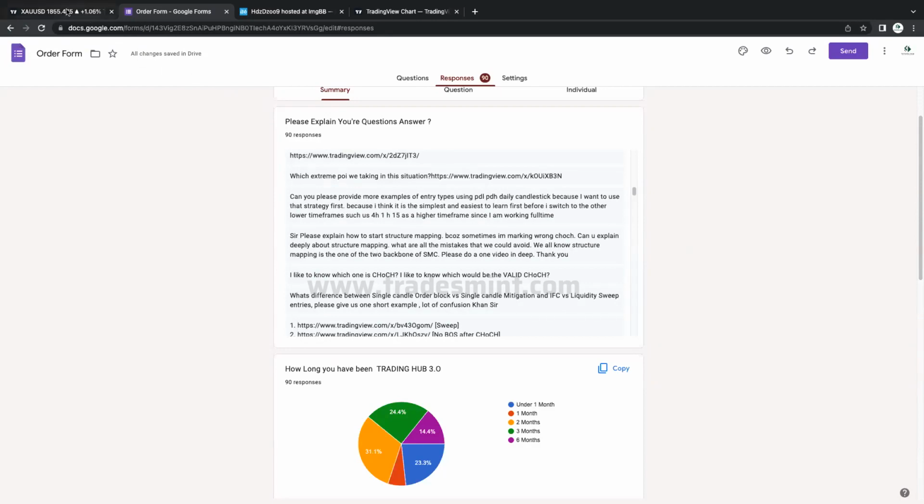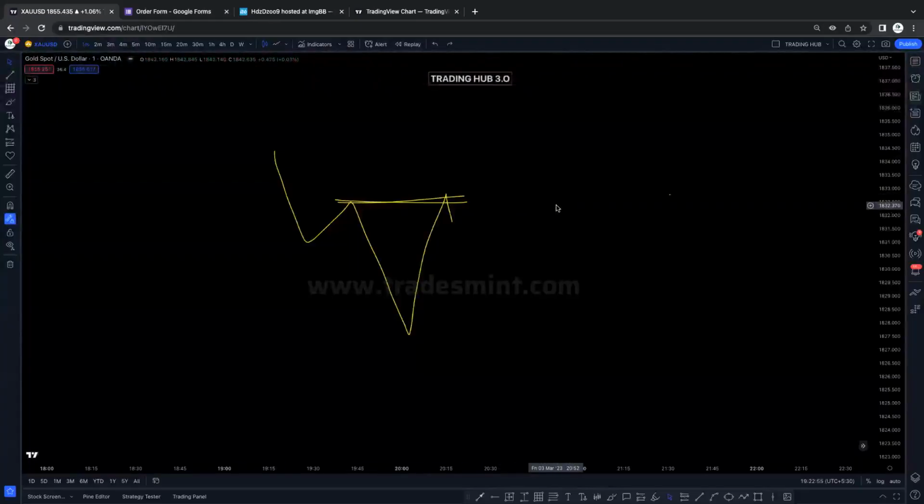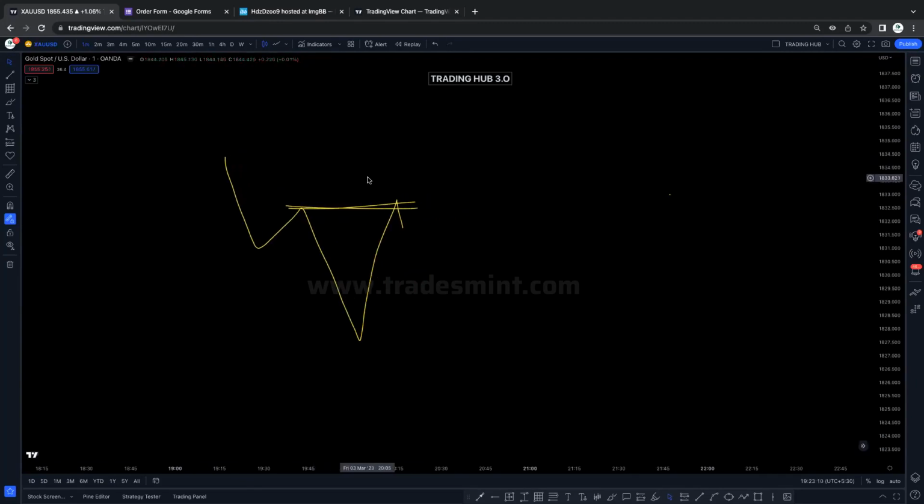Sir, structure mapping, I mentioned too many times, right? So many times I mentioned it in a previous webinar, also ebook, videos, everywhere. Structure mapping is not simple, but you have to understand when our higher high is confirmed, where our higher low is confirmed, where is inducement and where is CHoCH. Let me explain here. First of all,